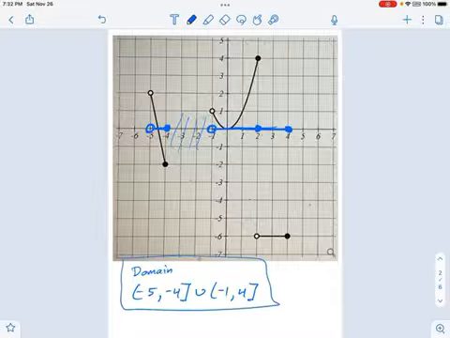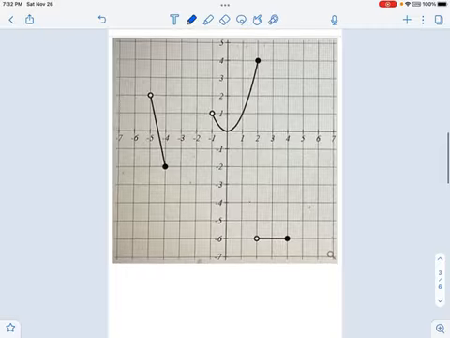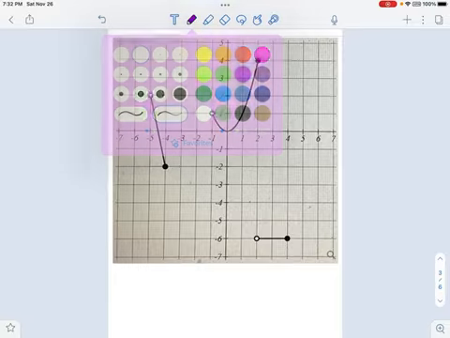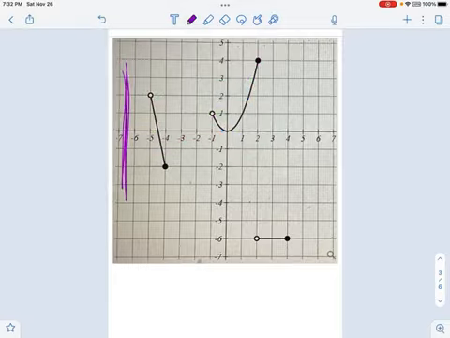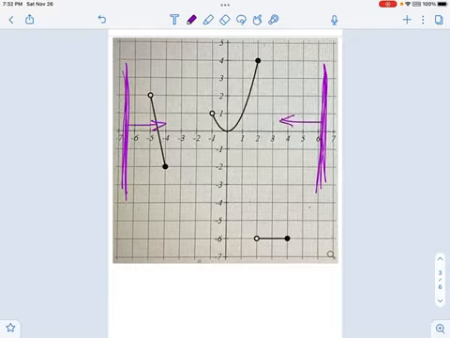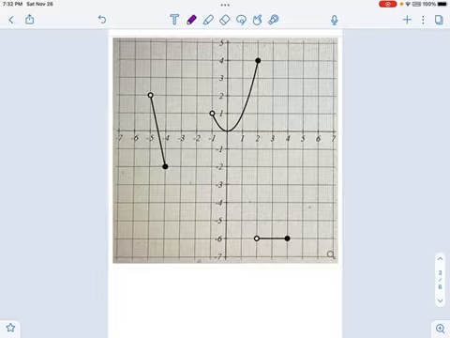Now we're going to do the range the same way. It's going to take two big hands and squish this thing down, except now, because it's the y values we're talking about, we're squishing it in towards the y-axis. Okay, so that's the image I want you to think about here. So what happens? Well, the quadratic is easy. That just gets squished like this. So we squish that thing down into the y-axis.